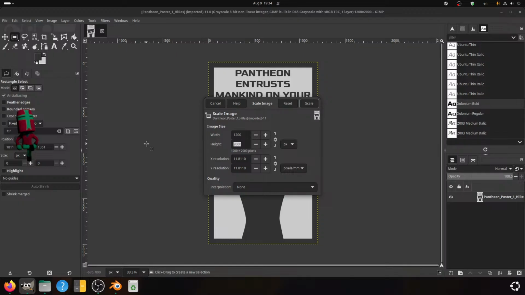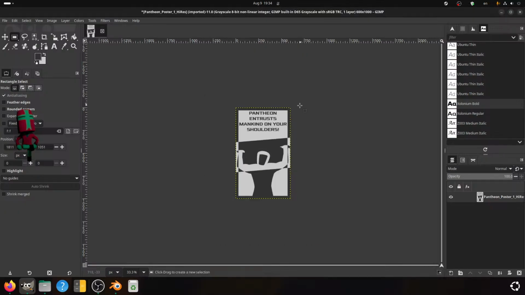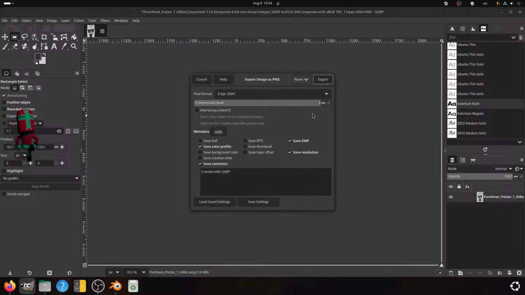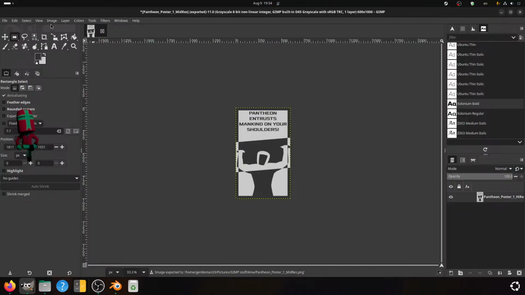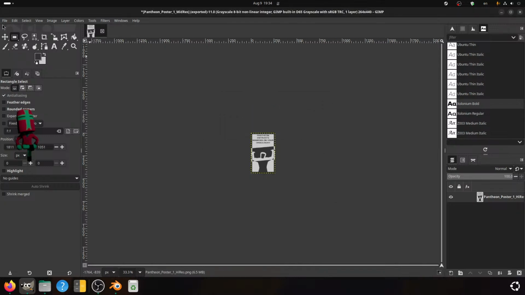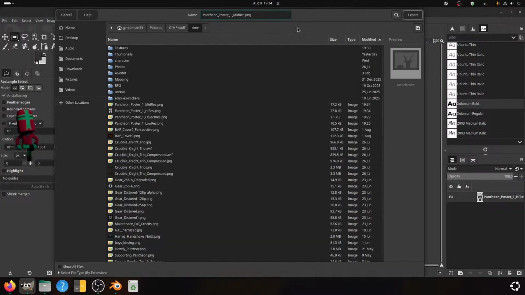Scale the image to 1000, and export it as mid-res. And scale it down to 440, and export it as low res.